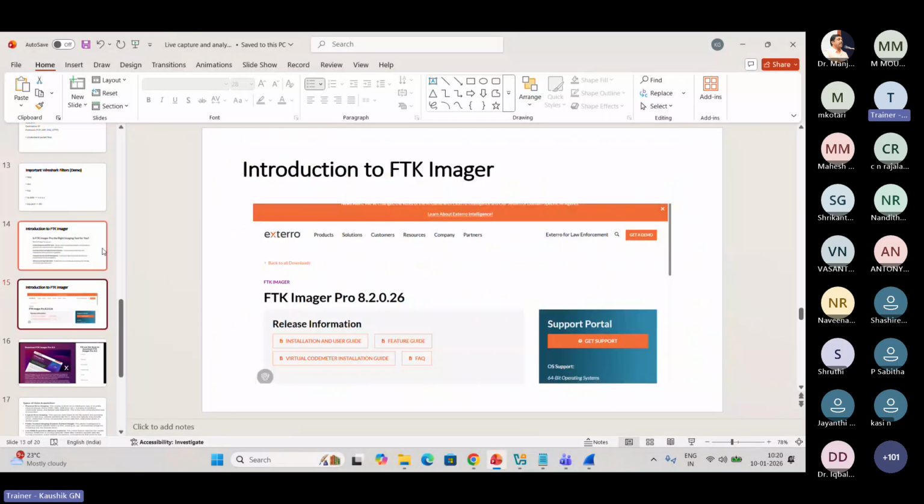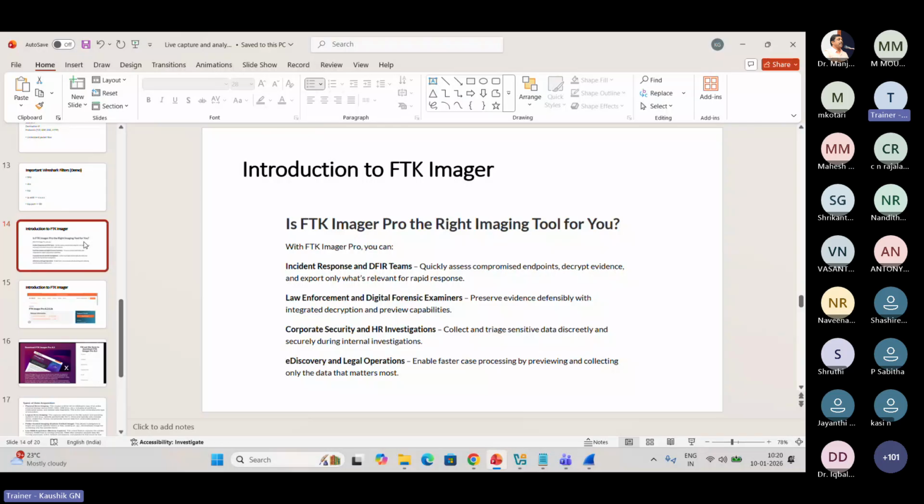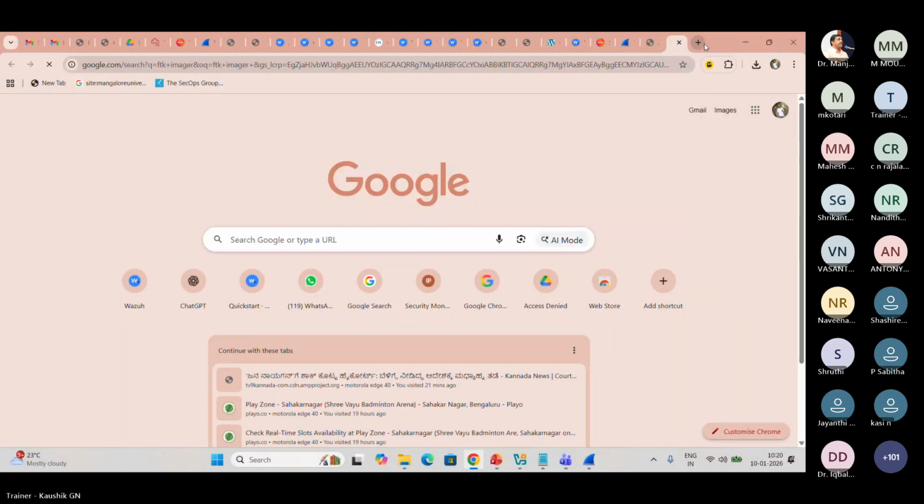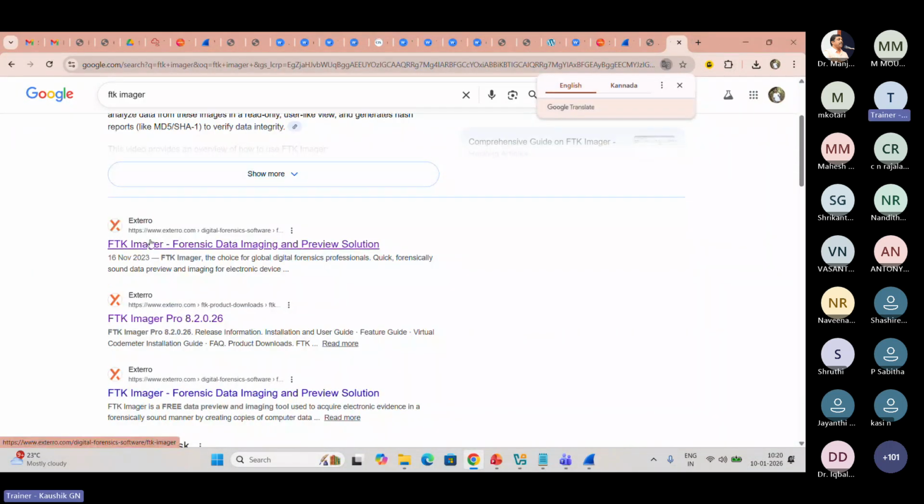Now we will move to the RAM copying and imaging part. That is the live capturing of the RAM and volatile memory using FTK Imager. To download FTK Imager, please go to the website. The Exterro website will come.